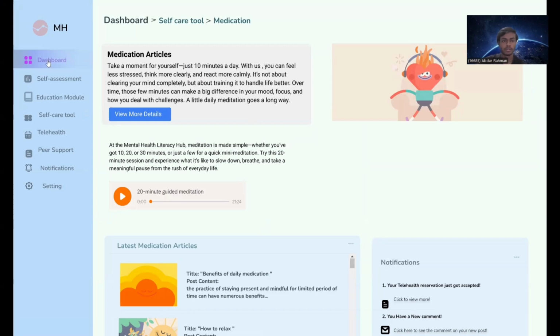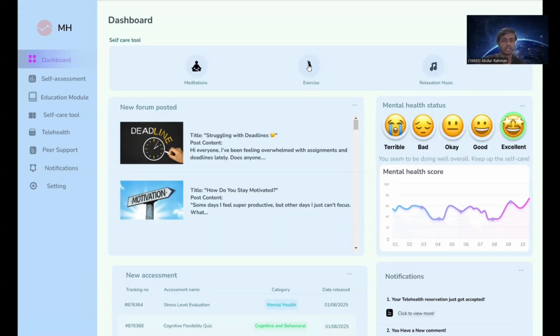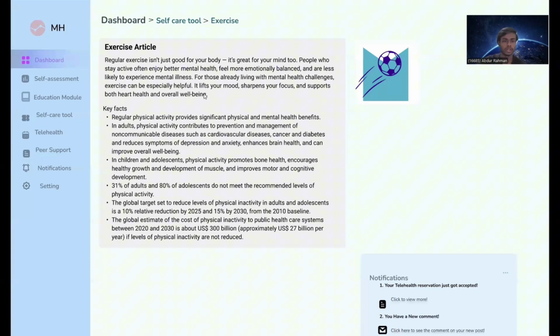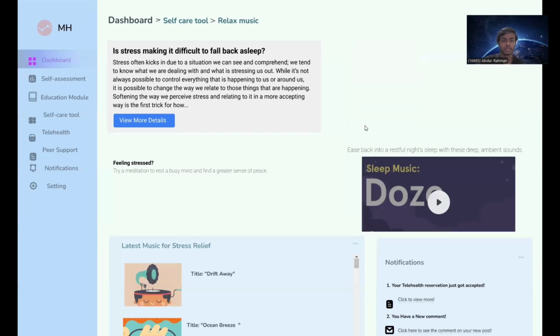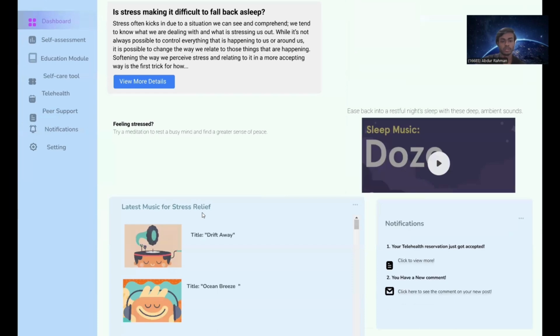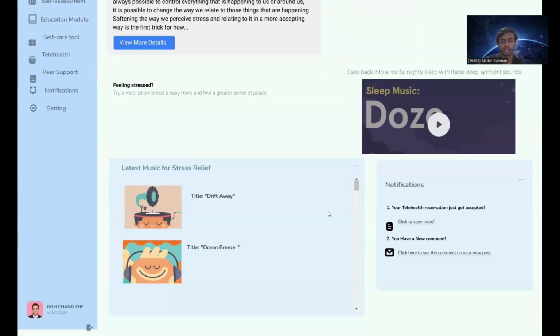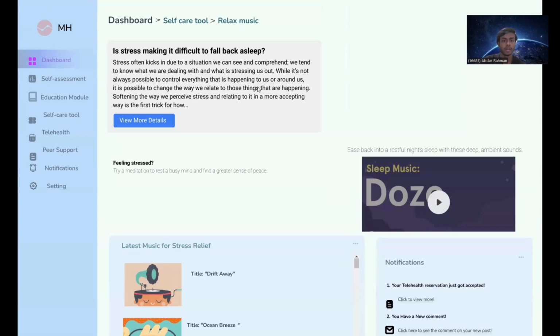And if the student wants to go back and select exercise, he will be redirected to the exercise page, where a student can also have an article on exercise where he can learn about exercise to make mental health better, to relieve stress. Also, if the student wants to listen to music, he can go to the music section and he will be redirected to the music section. For example, he will have plenty of options about music, how music will make him feel better. So the student can also select any of the latest music for stress relief to make his health better